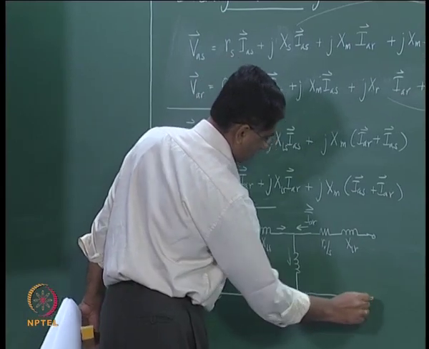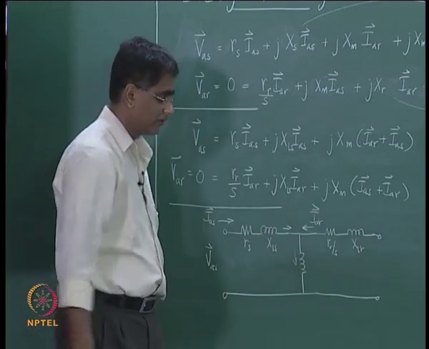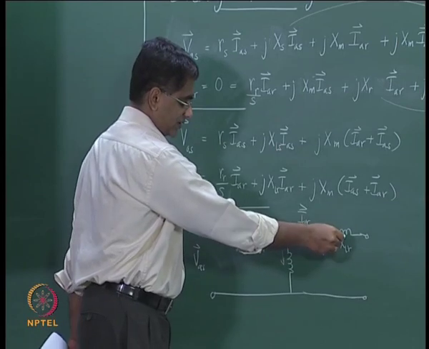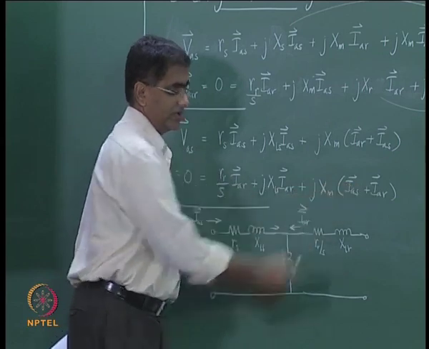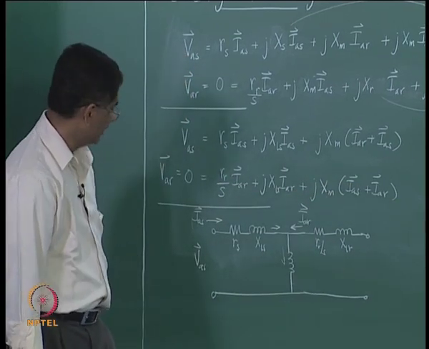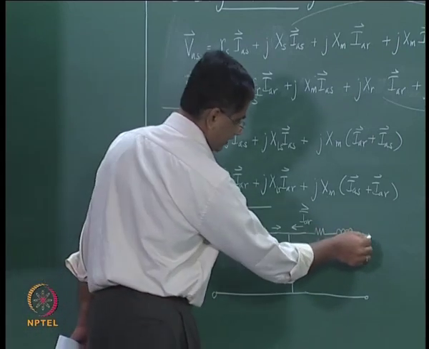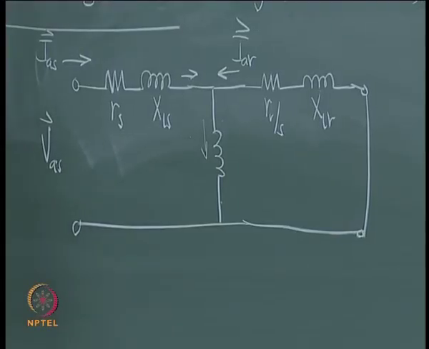And now if you write KVL around this loop, IAR is already flowing here, therefore this voltage is equal to resistive drop plus the inductive drop plus this voltage, which is nothing but XM into IAS plus IAR, and the rotor is usually short circuited, and therefore VAR is 0. So, that is the equivalent circuit which one gets on a per phase basis for the induction machine,